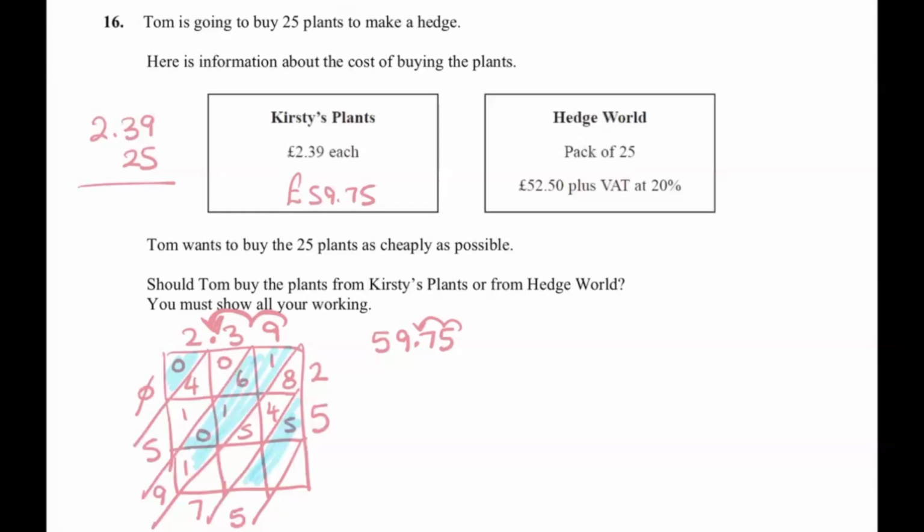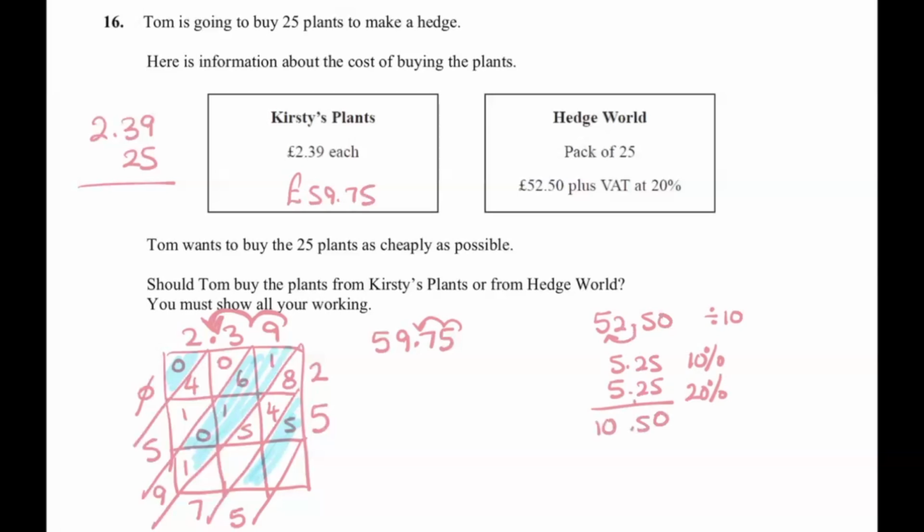It's £52.50 plus that at 20%. So I'm going to need to work out 20% of £52.50. To start the problem, I'm going to find 10%. 10% is always found by dividing by 10. So I'm going to move that decimal point 1 place, and I've got 5.25. That is 10%. I want 20%. So I need 2 lots of this, which is going to be 10, carry the 1, 5,